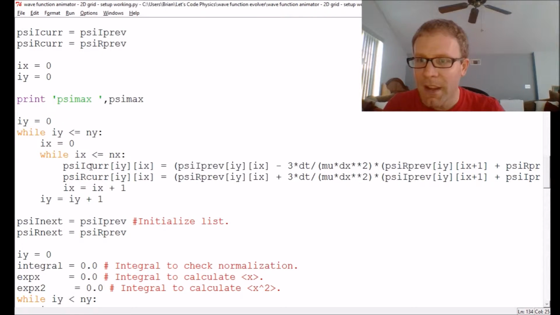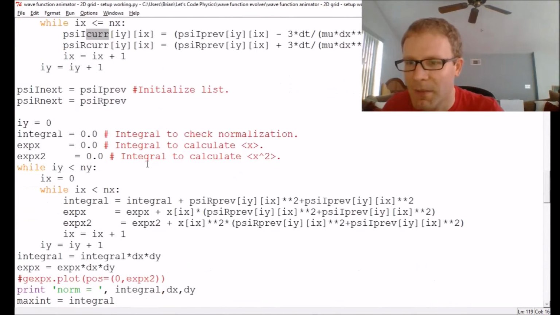So now the psi current and psi previous and psi next and all of that has to be a function of two indices. It's got to be a function of IY and IX. Next, this is the initial setup. Let's go down to the